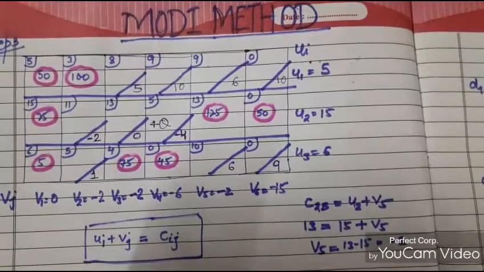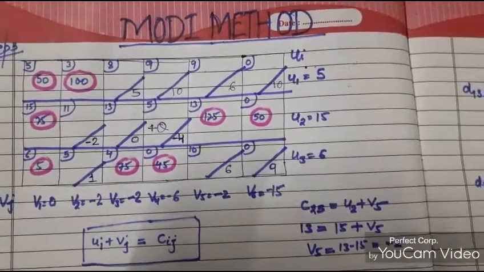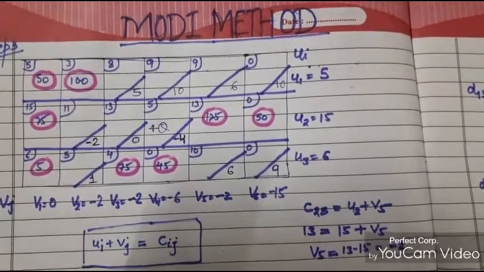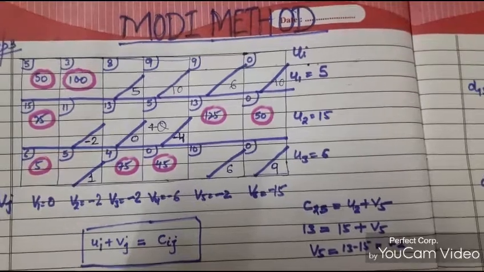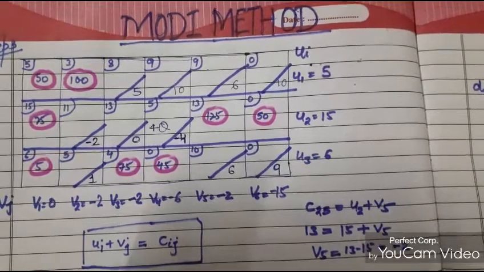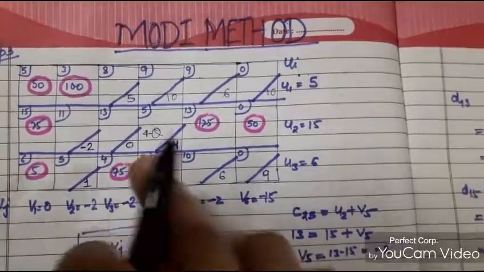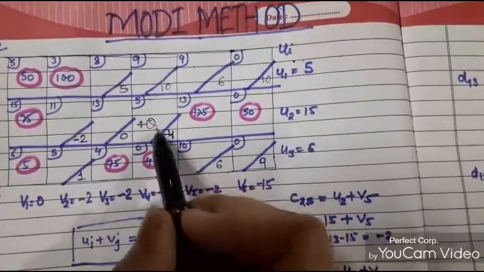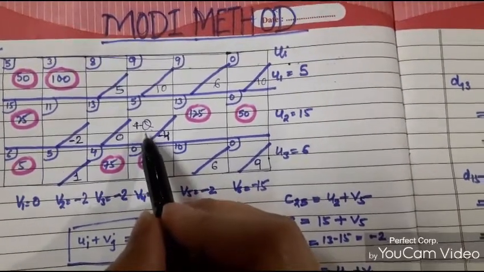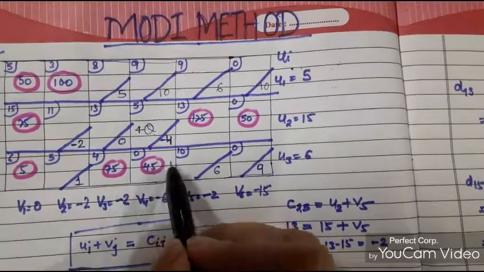This is the important point, how to make this closed loop. This is where students generally make mistakes, and I will tell you the whole thing in a very easy manner. The only thing you have to consider while making a closed loop is the point from where you start. If you start from plus theta, which we have assigned here, you have to draw a straight line that connects to the next allocation, and to that next allocation we assign minus theta.